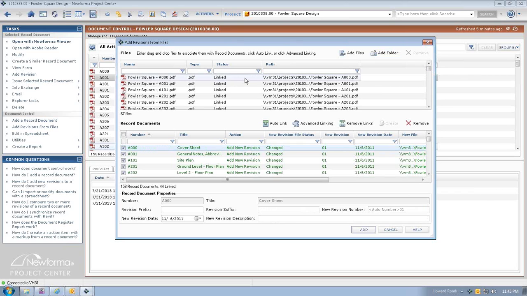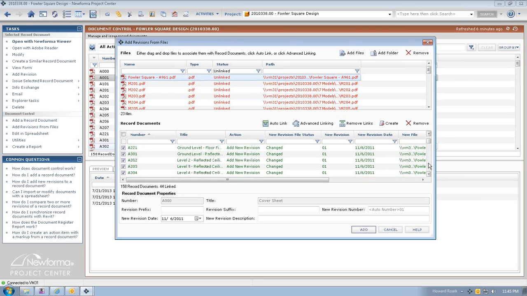This is showing all that are linked. There are some that are unlinked now. So I have a few here like this M201 and A961. Now, I may have a sheet that relates to it. If it's already a part of my set, I can simply drag it down and link it to a file. If I release this, it will link it to the actual drawing, but I don't want to do that because it doesn't exist. I could choose to simply add this individual file, so I can say create, and that will